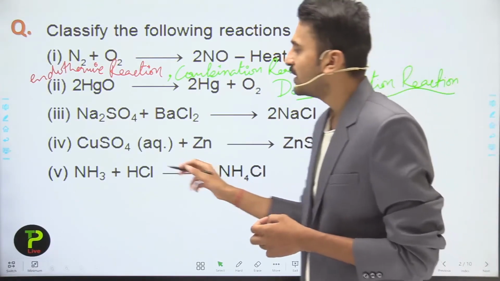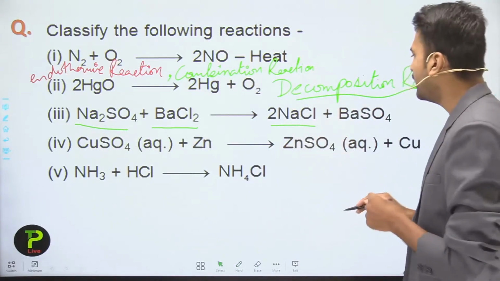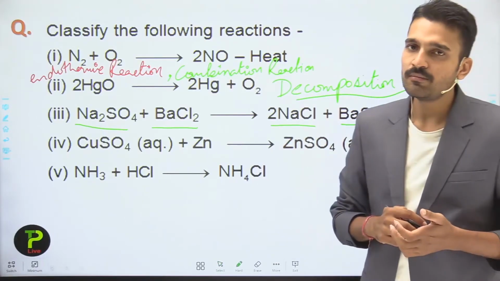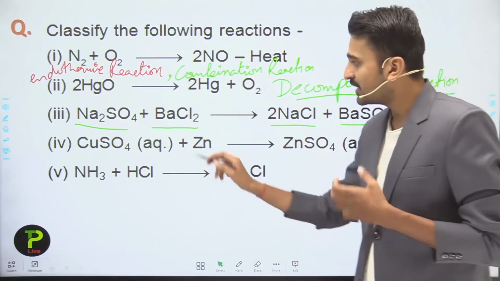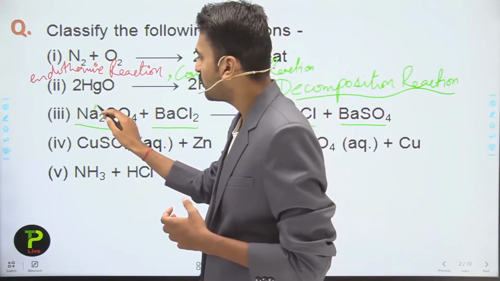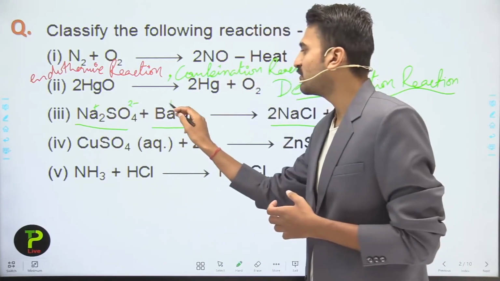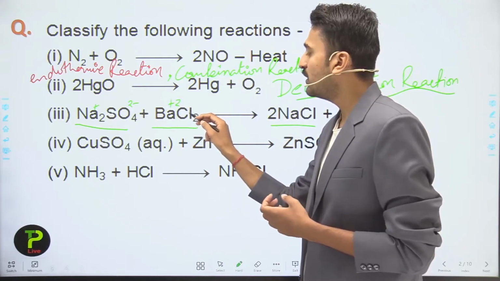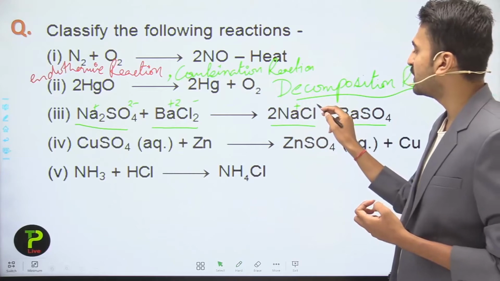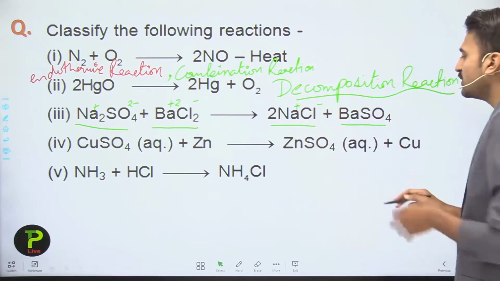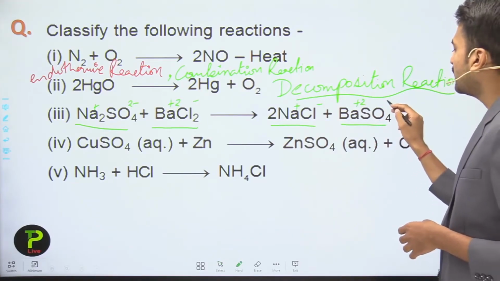Now moving into the third question, that is Na2SO4 plus BaCl2 gives 2NaCl plus BaSO4. So here you see that sodium sulfate on reacting with barium chloride gives NaCl, that is sodium chloride, and BaSO4, that is barium sulfate. Here you have to classify this particular reaction. The charge present on Na is Na plus, on SO4 it is SO4 2 minus, on Ba it is Ba plus 2, and on chlorine it is Cl minus. On the product side, Na is Na plus and chlorine is Cl minus. Also in BaSO4 the charge on Ba is plus 2, while that on SO4 is 2 minus.